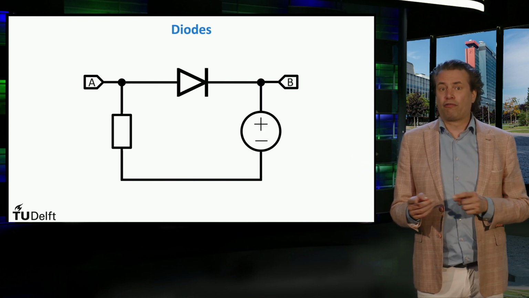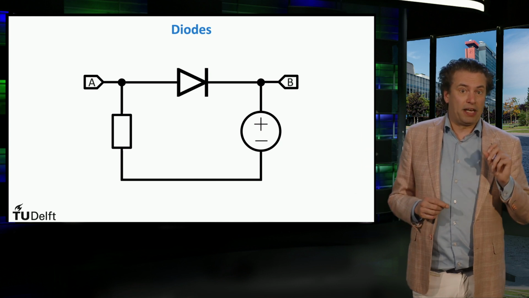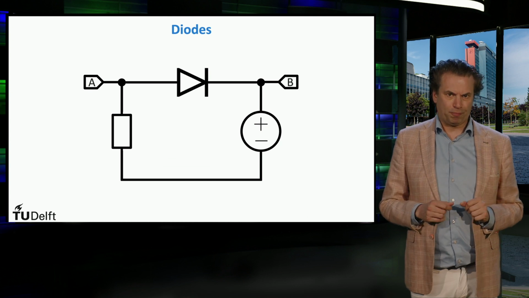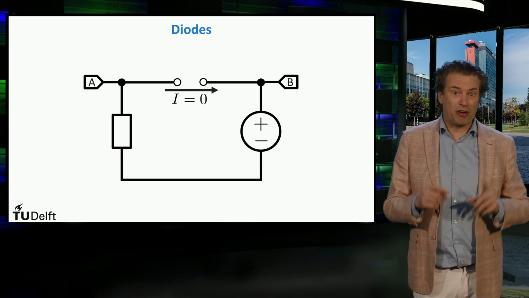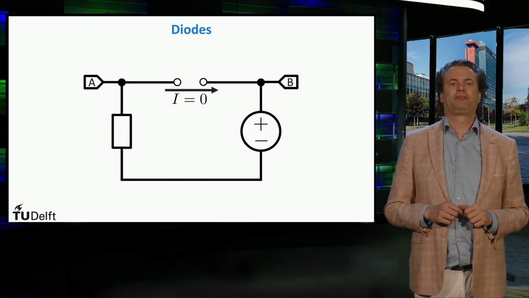Early in this MOOC program, we have referred to this bias condition as forward bias. If a current tries to flow in the opposite direction because the voltage at point B is higher than point A, the diode will block the current flow. Earlier in this MOOC program, we have referred to this bias condition as reversed bias.